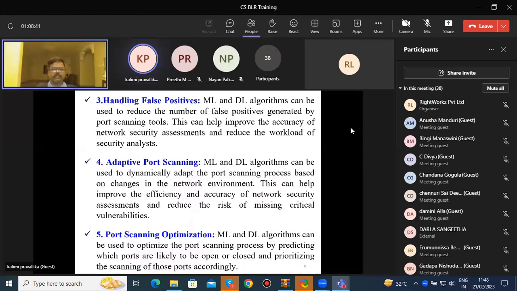Next, adaptive port scanning. ML and DL algorithms can be used to dynamically adapt the port scanning process based on changes in the network environment. This can help improve the efficiency and accuracy of network security assessment and reduce the risk of missing critical vulnerabilities. Next, port scanning optimization. ML and DL algorithms can be used to optimize the port scanning process by predicting which ports are likely to be open or closed and prioritizing the scanning of those ports accordingly. Next,